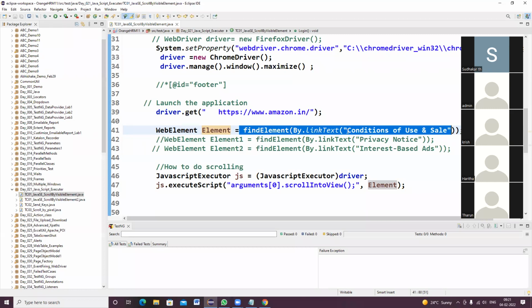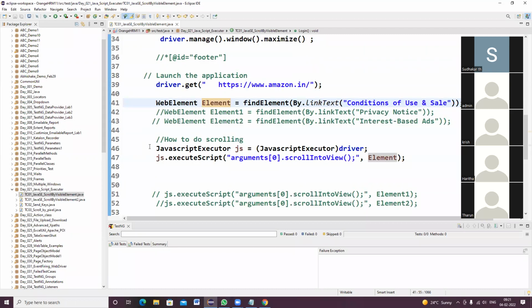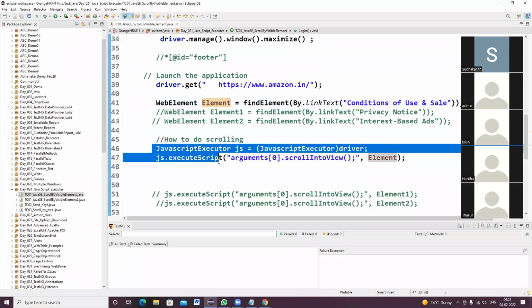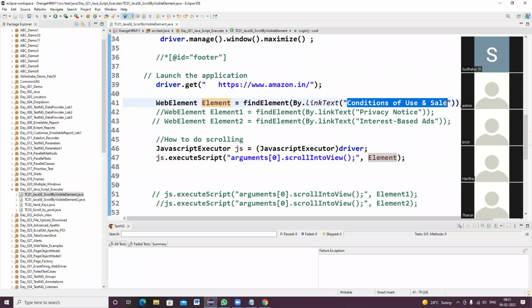Once you input this syntax, it will scroll in that particular web page, and it will go on to this particular conditions of use and sale.